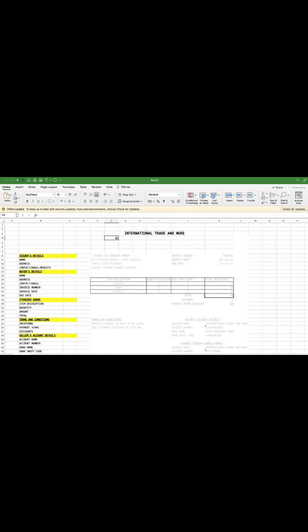So you put it up there. Usually it's supposed to be like a logo on a letterhead, but since we are using Excel, I think we can do it this way. And then beneath that, you can put your address, your physical address over there. And then you move to your contact details, which is your telephone number. If you have an email address, you should be able to put it on the letterhead. And then if you have a website, you have web presence, you should also be able to put that one